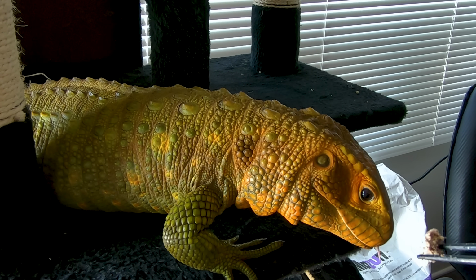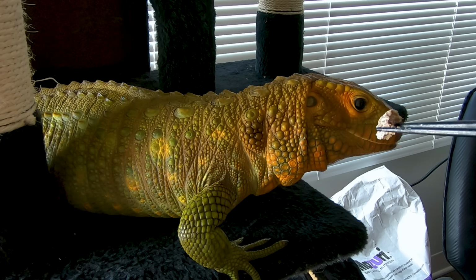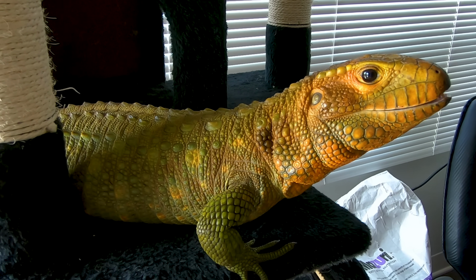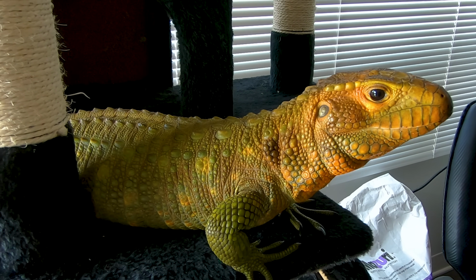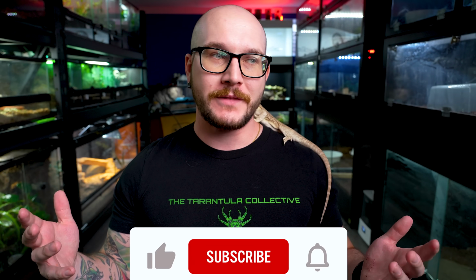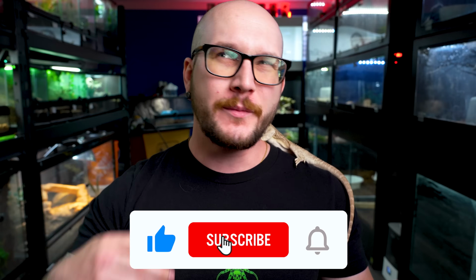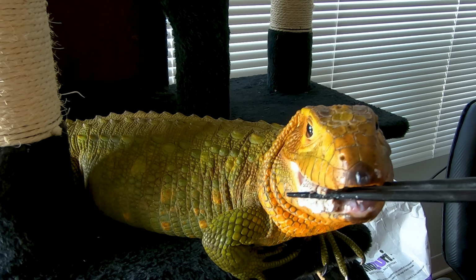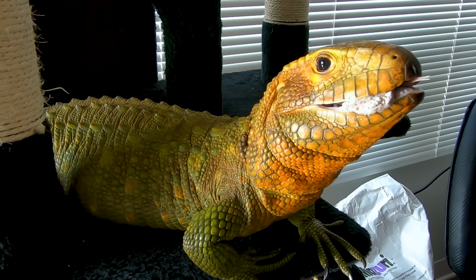That's why they have these big, powerful jaws, which you definitely wouldn't want to get bit by because they're powerful enough to crush things like shelled insects. And anything that's big is going to take a little bit of know-how, a little bit of experience in order to take care of. You wouldn't want to get a tegu, or in this case, a Cayman lizard, as your first lizard in most circumstances. So that's why I think they're not worth the hassle, just because it's going to take tons of time